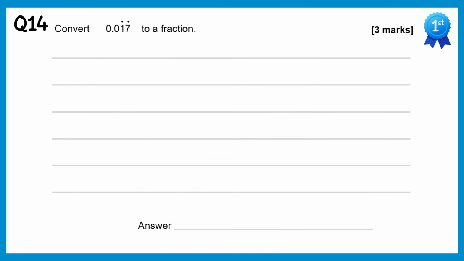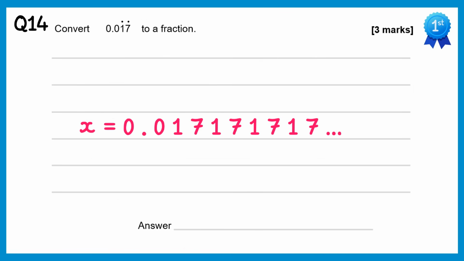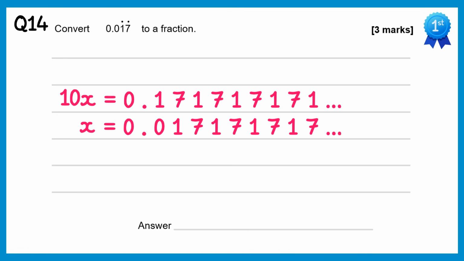In this question we need to convert 0.017 recurring into a fraction. Let's start by saying x equals 0.017 recurring. Then we'll multiply this by 10, this will give us 10x, which will now equal 0.171717 and so on. Now at the moment the decimals don't line up here, so we'll multiply by 10 again. So now it's 100x, and on the right hand side here it would become